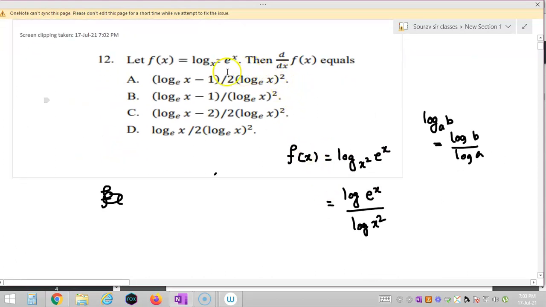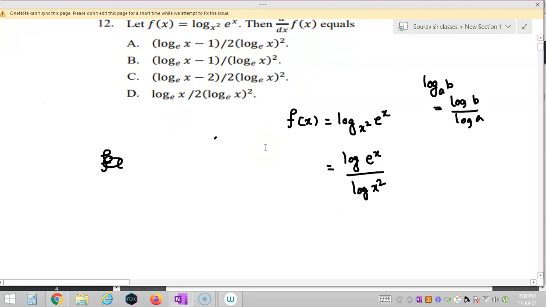So from the above I can write the numerator as x log e by log of x square, right? So I can write the denominator as, we know that log e is 1, so I can write x by 2 log x, right? So I can write x by 2 log x. Now d/dx of f(x)